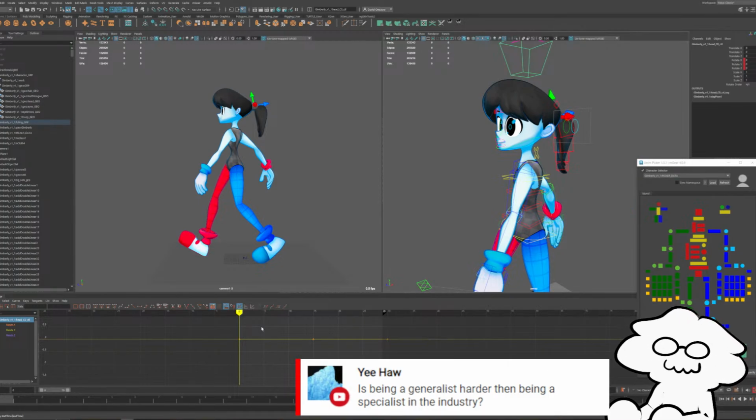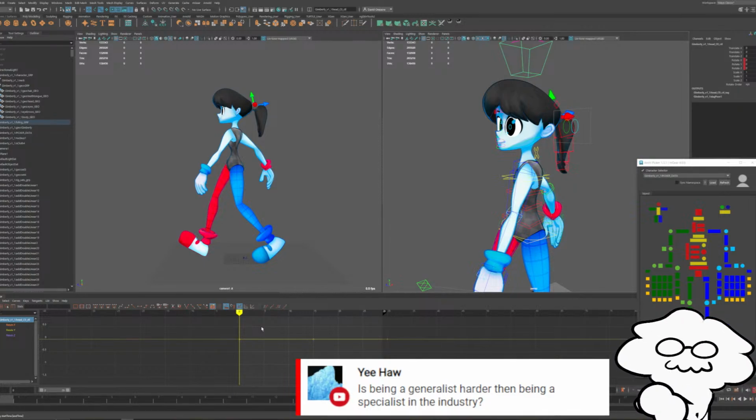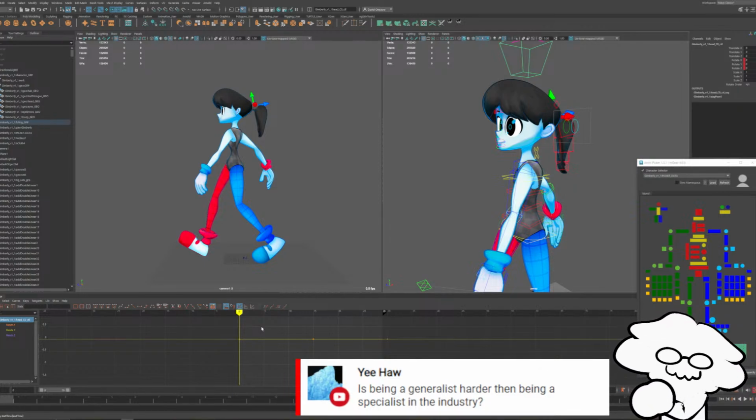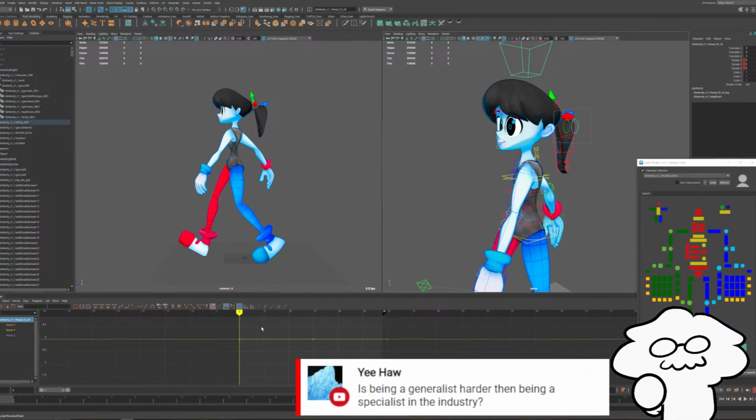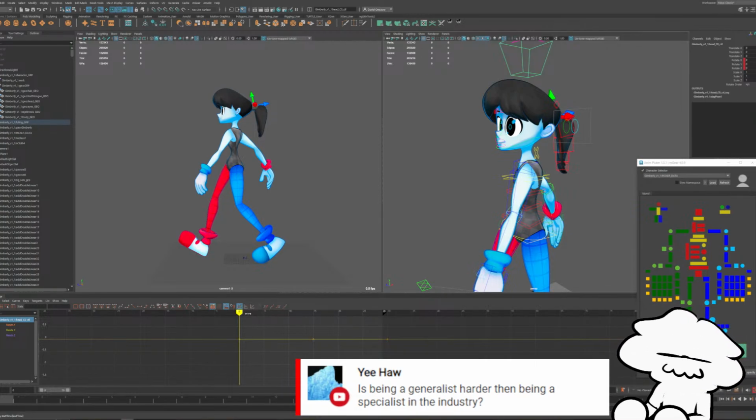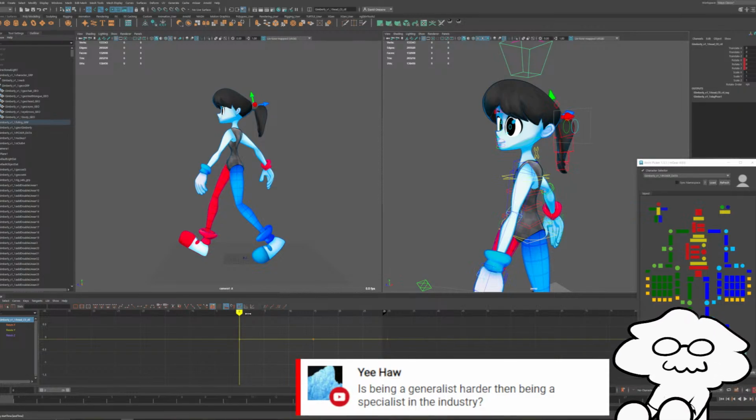That said, I think it's better to be a specialist by trade, but a generalist overall, if that makes sense. You want to bill yourself as specialized in a specific field, but you are capable of doing every other step. It's just not your focus.